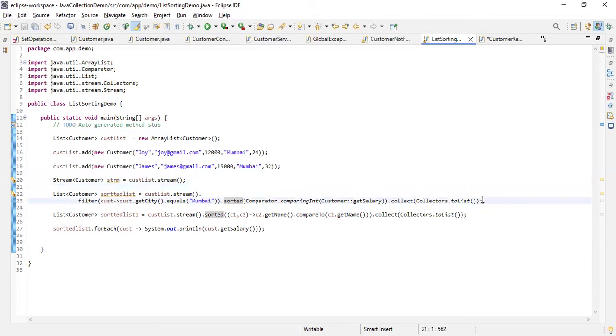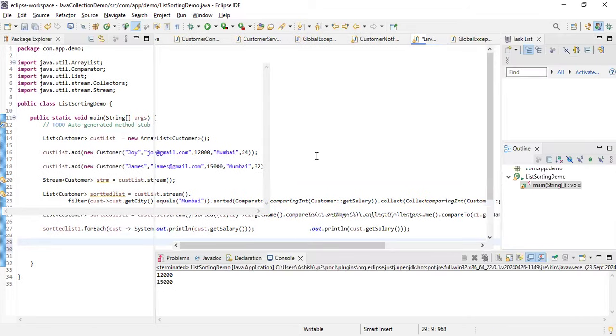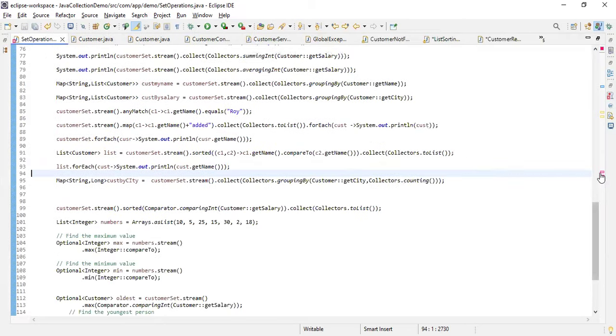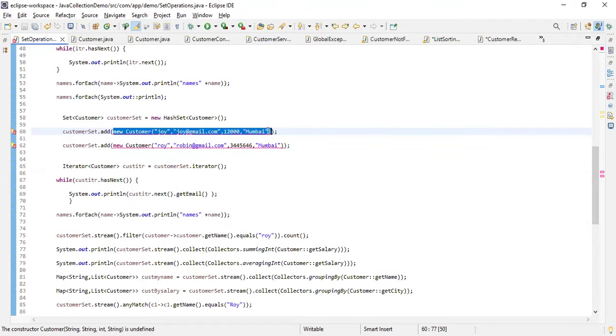If you wanted to calculate, let's say, the total salary paid to all the employees in Mumbai, then you can also use some other operations, like group by, for summing up the salary for those particular customers here. So let's take up some other examples as well. Here we have a list of operations which are very frequently asked questions, and you will also see how these operations work.